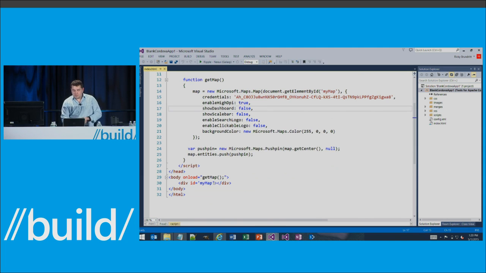One other difference between this code and the other code is I got rid of all the style settings because we want the map to take up the full thing. I don't want to limit it to a certain pixel size. So now if we run that sample,